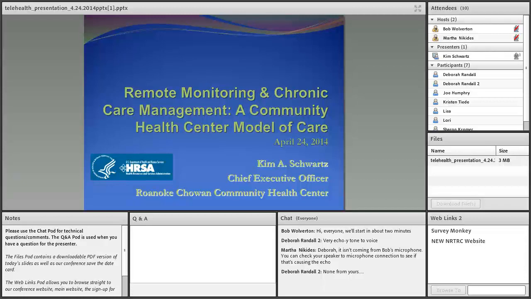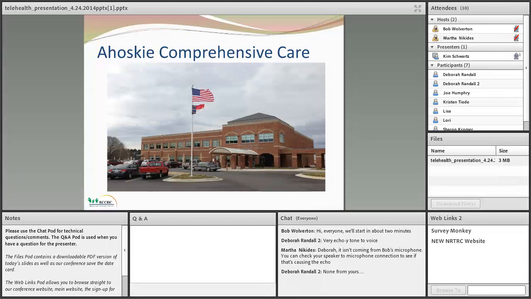I've been doing this project in remote patient monitoring. This is our 8th year, so we're pioneers as a community health center. We're an FQHC. Probably most of you know that we're a federally qualified health center. That's what that means, and we're fairly new on the horizon as the history of them go. We're about 9 years old, and we're in eastern North Carolina. So I'm going to move my slides down here, go on to the next slide, and see if I can find my arrows. There we are.